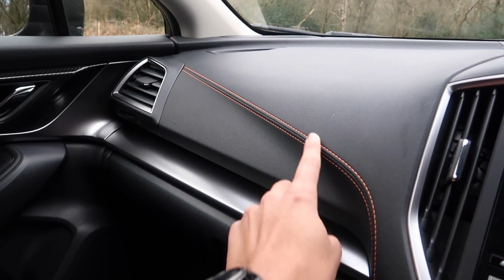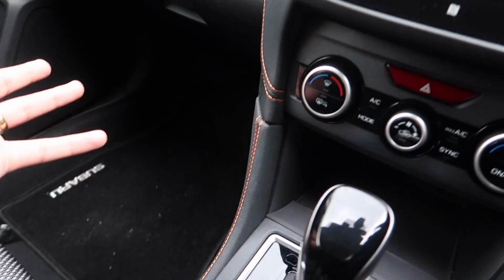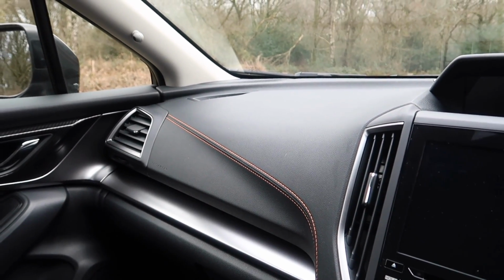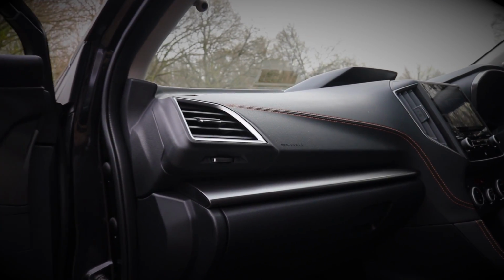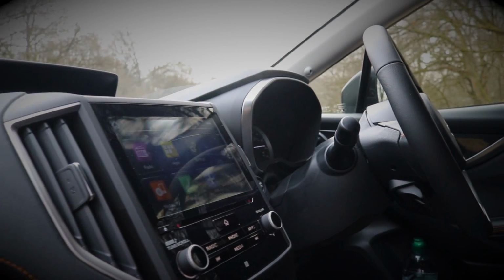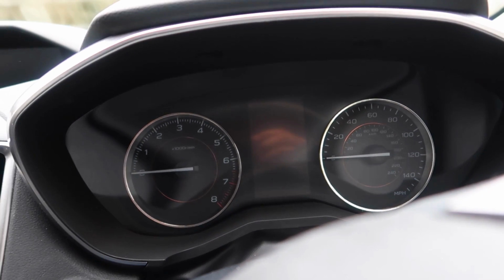I quite like the orange stitching as well. That's quite a nice touch. That's pretty much all around the cabin. So you've got it on the armrests, on the seats, on the gear lever. It's pretty much everywhere, and I think it's quite a nice touch. It gives the inside a bit of, I was going to say flamboyancy, maybe that's not quite the right word, but it just spruces up what is quite, I don't want to say bland, actually I've just said it, haven't I? But it spruces up what is a relatively bland cabin. And you also get orangey copper details on the speedo and the rev counter, which again is quite a nice touch. Now let me fire the ignition,